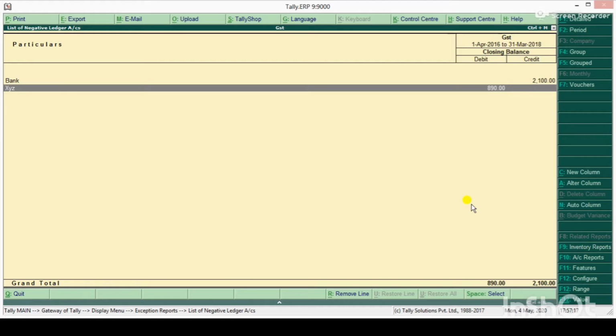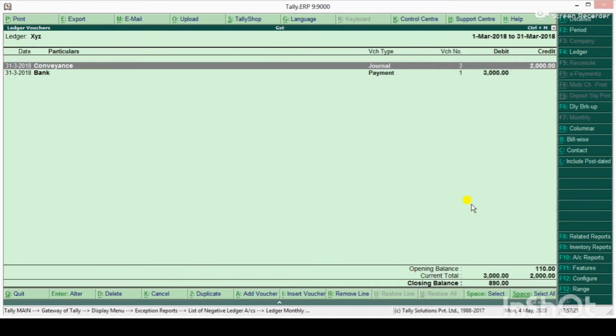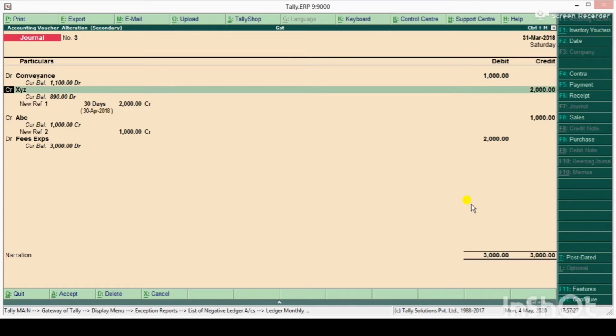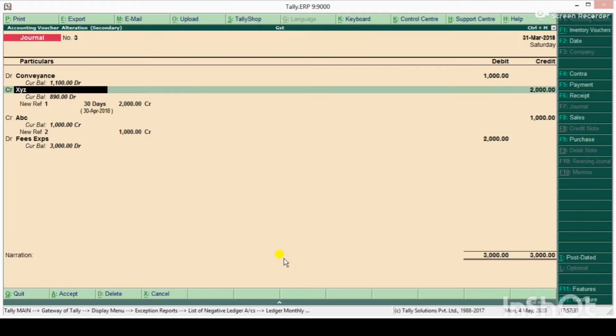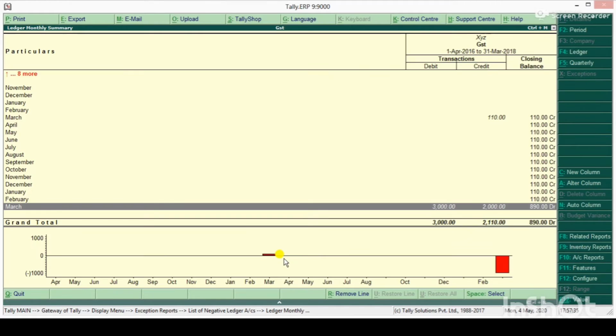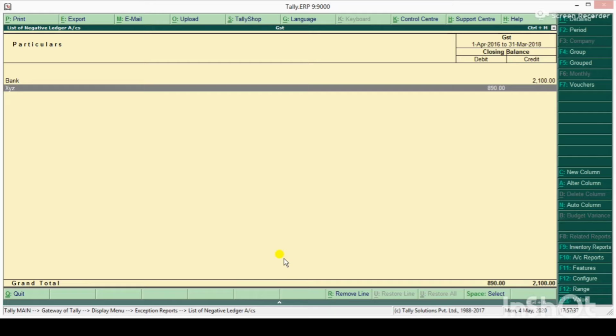Same is the case with this XYZ 890, which is showing a debit balance. Actually this is a creditor. I can show it here because we have already understood this earlier. XYZ, Control Enter, this is a creditor, so it should have a credit balance, but due to excess payment it is showing a debit balance, so we can capture it over here. So this is the use of negative ledgers. Now next,